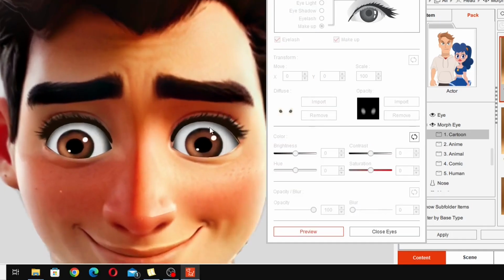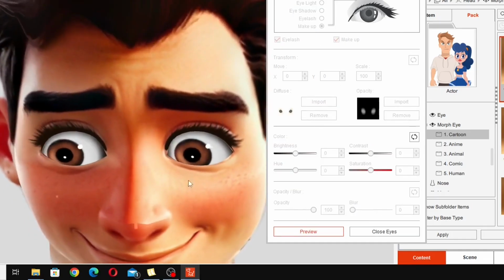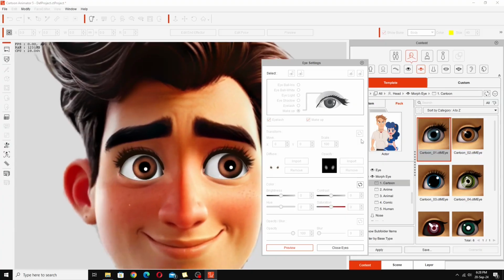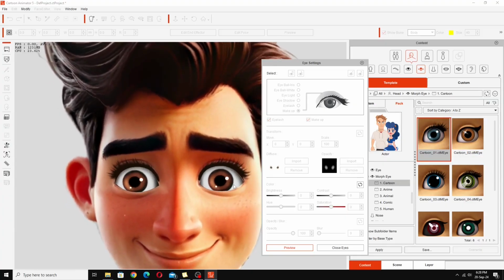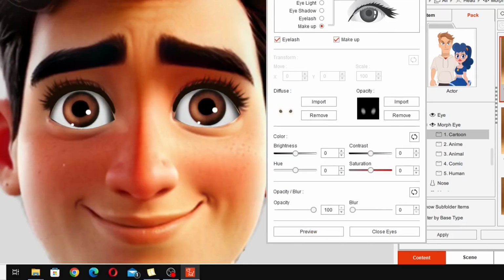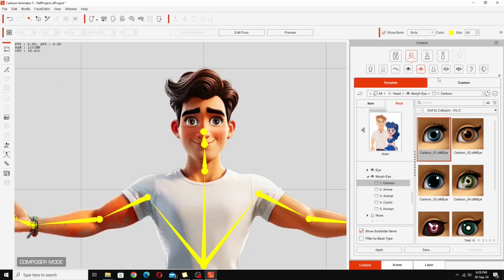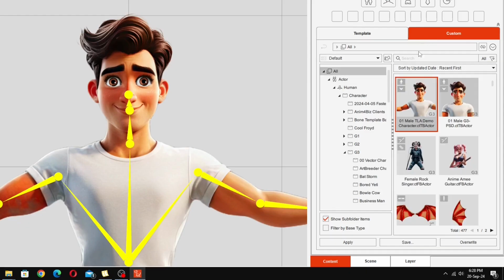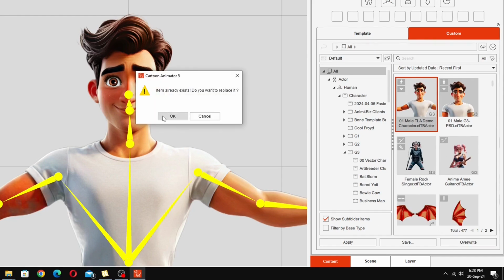We can preview things, see how things are looking, but all in all, I don't think that's too bad. Save him out, make sure he's selected there and go overwrite. Okay,